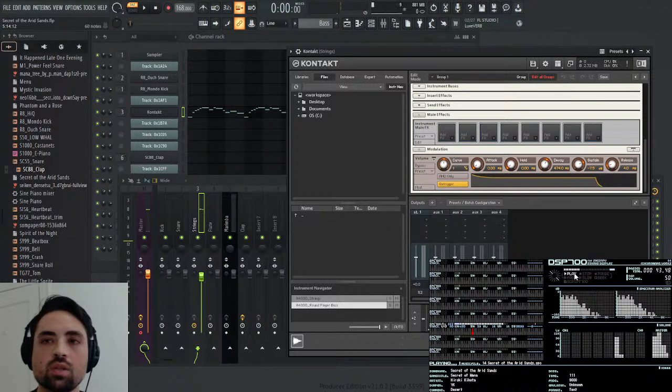Nice. And then it sounds like it's got a little bit of reverb going. And maybe a little more sustain.